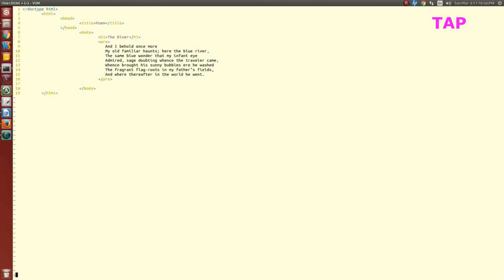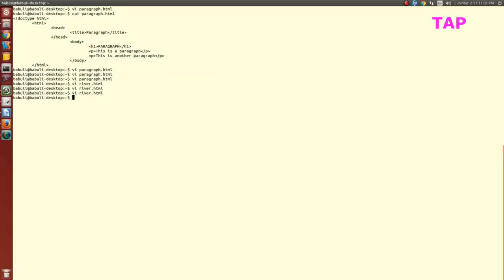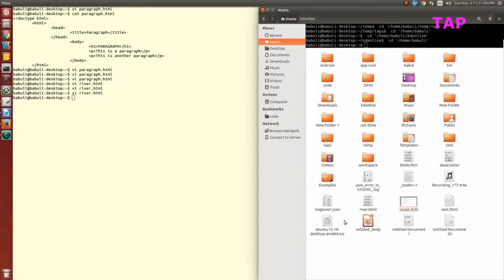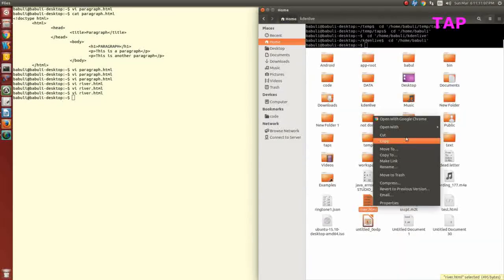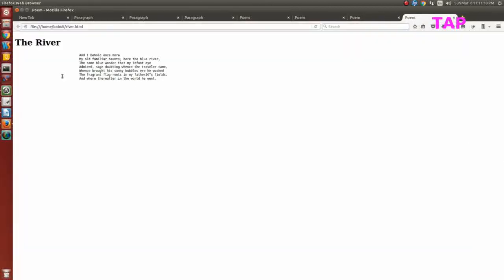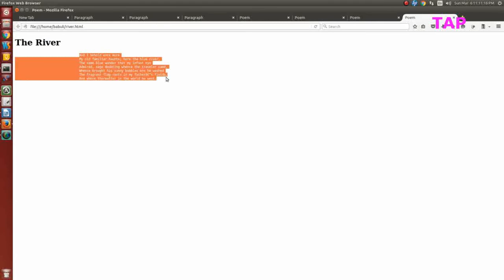Now we'll see. Here you can see that we have not used any P tag or BR tag for our document, but still we are getting the poem in 7 different lines, and this is the Courier font which the pre tag is using. So if you are using the pre tag, just write the content as you want in your output, and it will be displayed the same with the Courier font. You need not remember the P tag and BR tag.